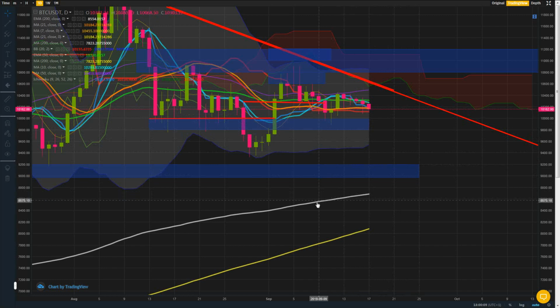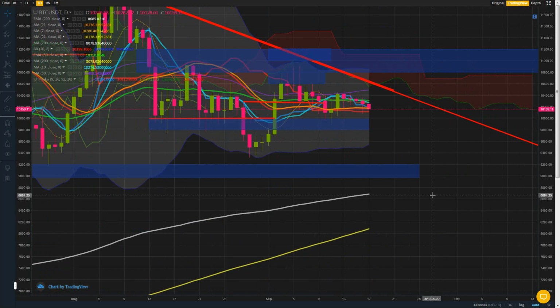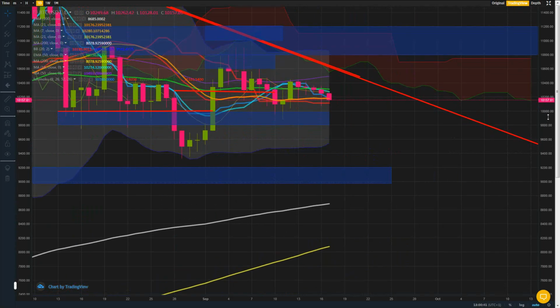This will be our expected bounce, a big bounce I would expect from this 200 moving average here, 200 EMA, which currently is at 8,664. If that breaks, it's 8,000, and if that breaks, then we are essentially going to be in a free fall situation. Now, what that does to the other coins, it's probably going to bring them down as well, clearly. But what this will be, I would imagine, would be the biggest fall that we've probably seen with Bitcoin